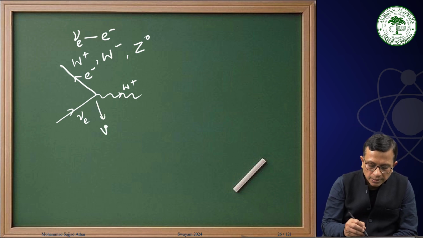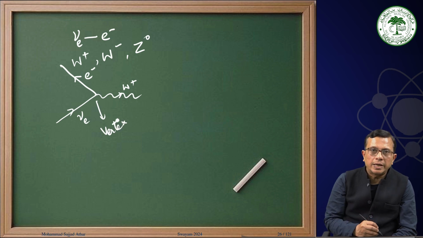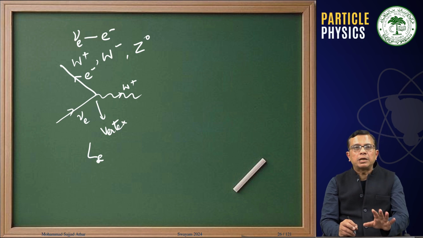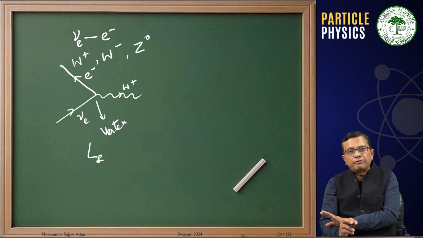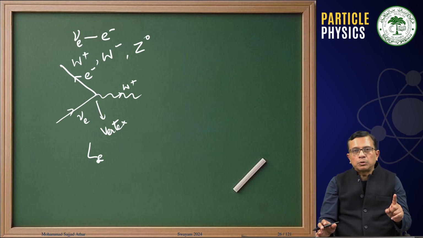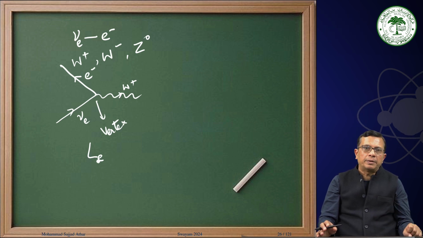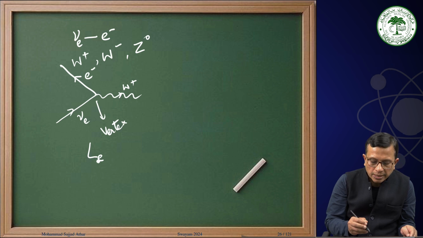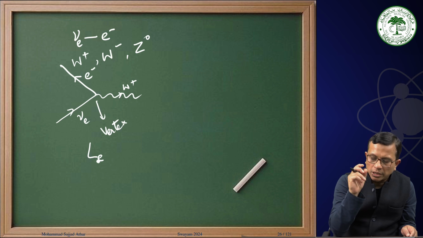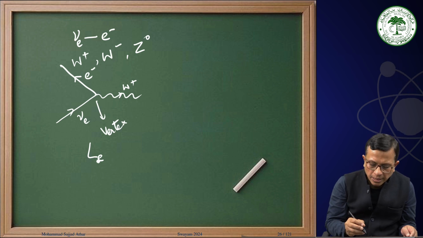And at this vertex, what we will realize is that the total lepton number arriving at this junction must be equal to the total lepton number leaving from this junction. Otherwise, that process will not be an acceptable process. Number 2, total charge arriving at that junction must be equal to the total charge leaving from this junction. Therefore, whenever I am drawing a diagram known as a Feynman diagram, where a neutrino is emitting a W plus and changing its flavor to electron, the two concepts that we have to keep in mind are